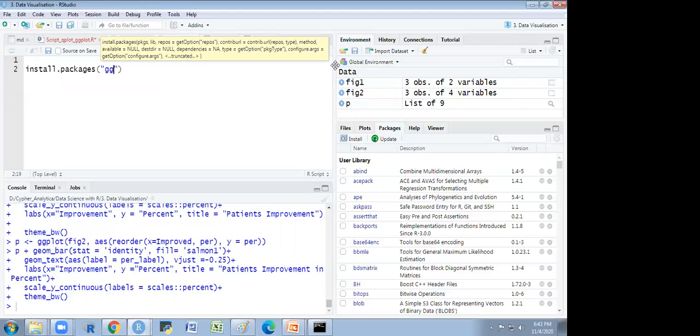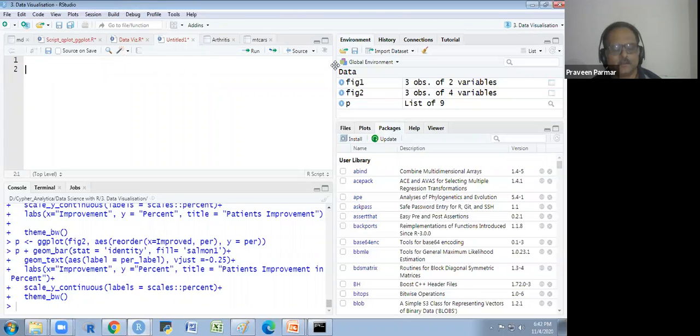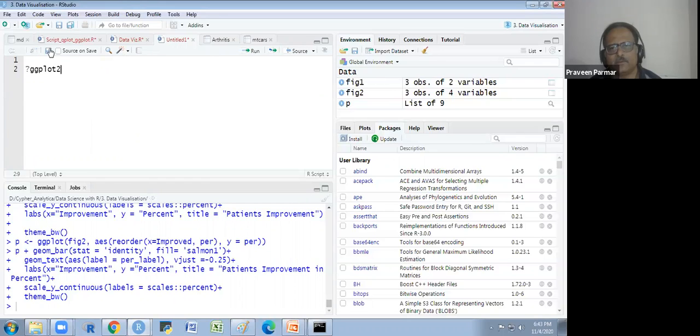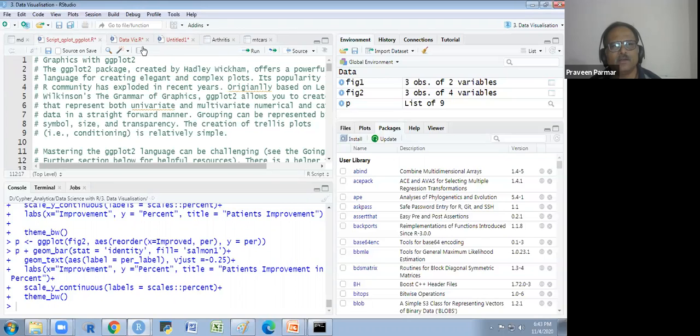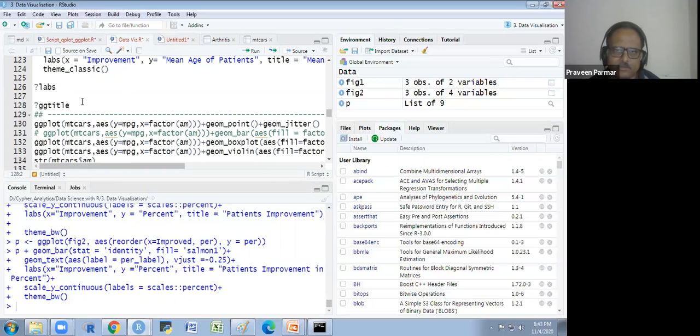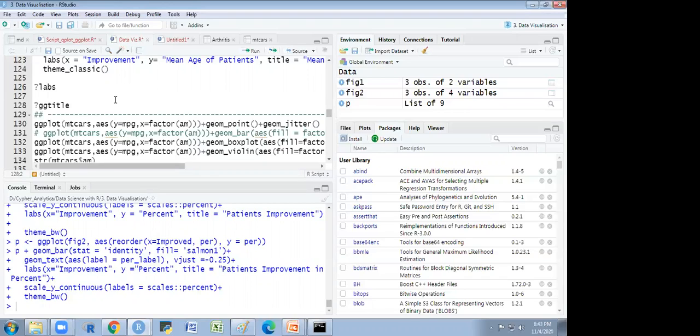No, sir, I'm asking about earlier in the console, you wrote double question mark, then ggtitle. Why did you put double question mark? Because a single question mark asks about a specific function. Double question mark is also help, but it searches across things. If you could not approach it directly with the single question mark, then you use the double question mark.